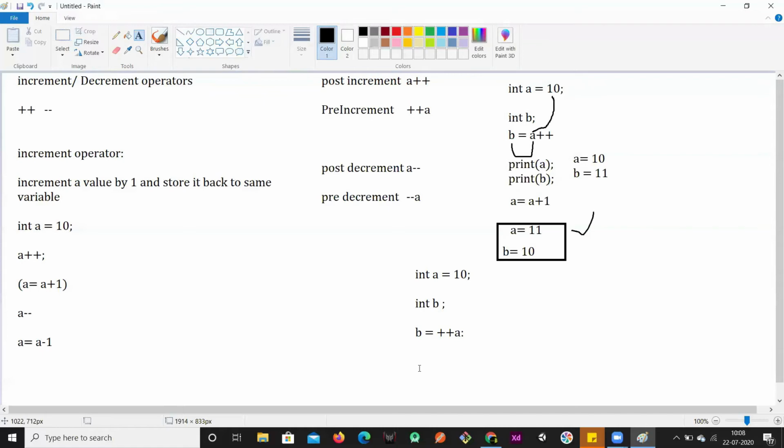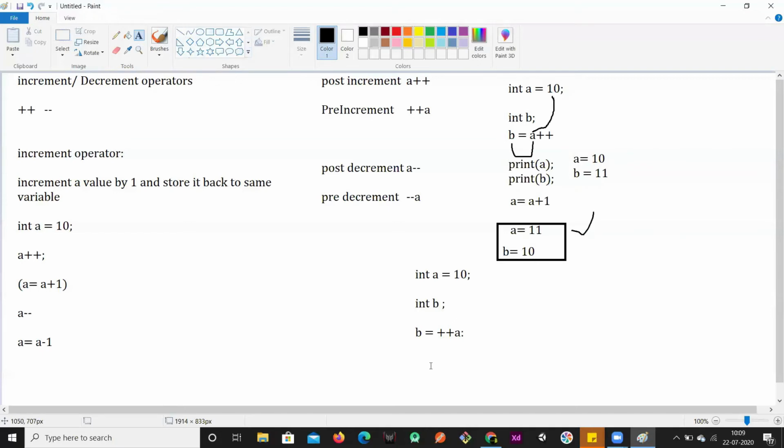The b part is correct, and a will also be 11. So both will be 11 in this case because the increment happens before assigning the value. It will be incremented to 11 and then b is also assigned 11.